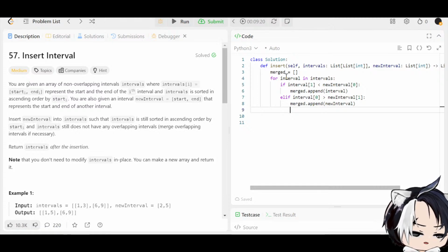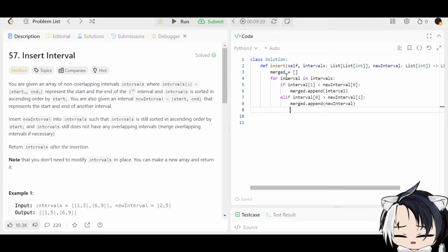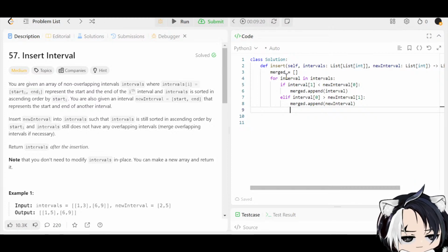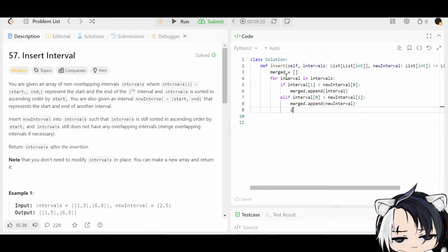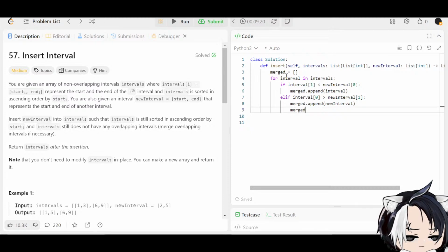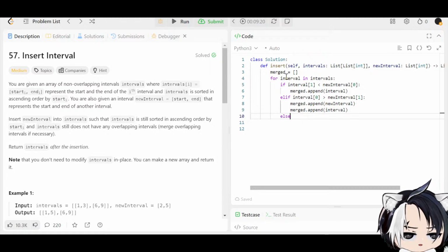If you merge the interval, you do after that. But what do you do with the intervals after that? Merge the append interval, and we append interval. Else,